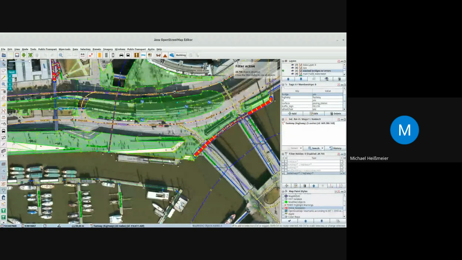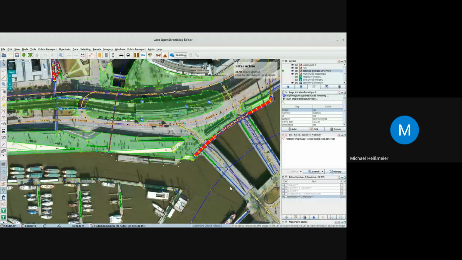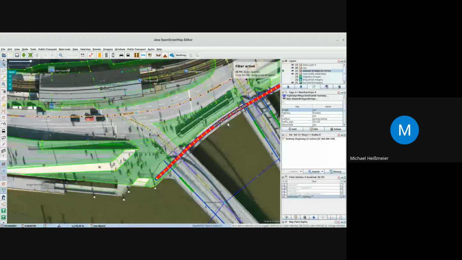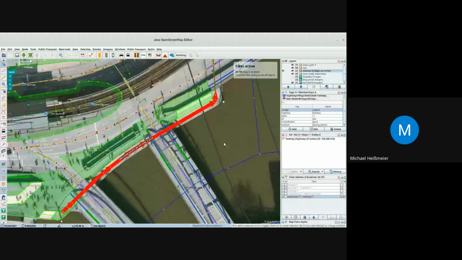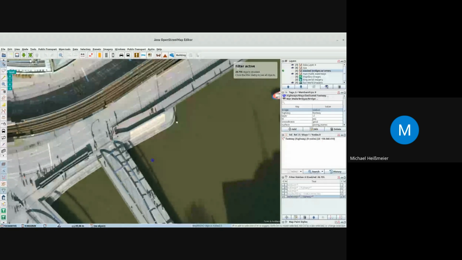This inline validation map paint style will also, by the way, highlight something like overlapping buildings. So it's pretty useful in a general sense. Missing layer or wrong value. What's going on here? Oh, we've got a bridge with layer -2. So kind of a subterranean bridge. I mean, please don't do things like that. What is probably the intention? So let's switch off the data layer so that we can have a closer look.